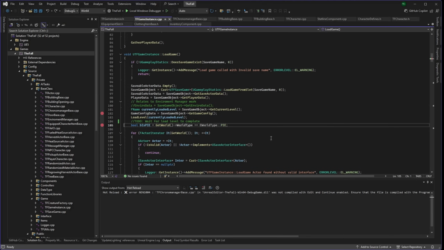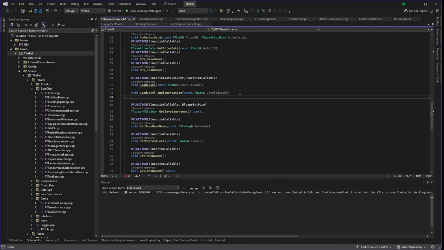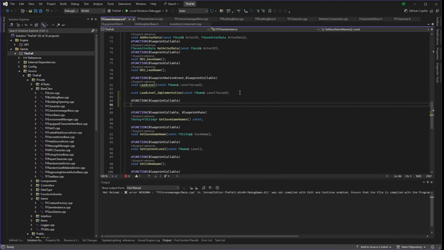I'll preface this with, as I believe I mentioned last episode, this is what I would call a temporary workaround. Because obviously, as I've mentioned, I want to go through and refactor all of this. This isn't working properly. It needs to be fixed. But what this temporary workaround is going to be is we're actually going to add a callback function for this. So up here, just below our load level and load level implementation, we're going to add a UFUNCTION, BlueprintCallable, void complete